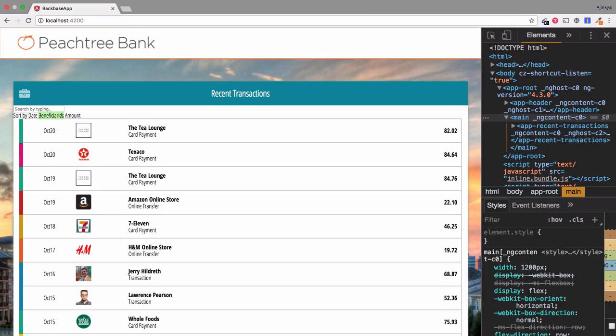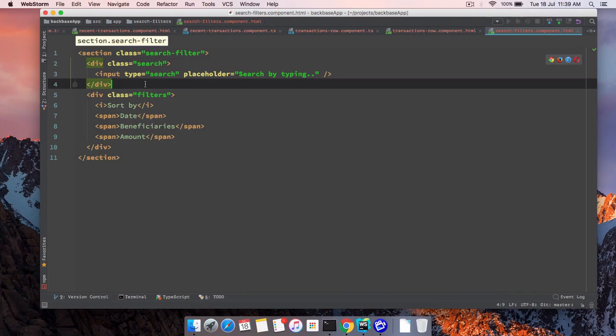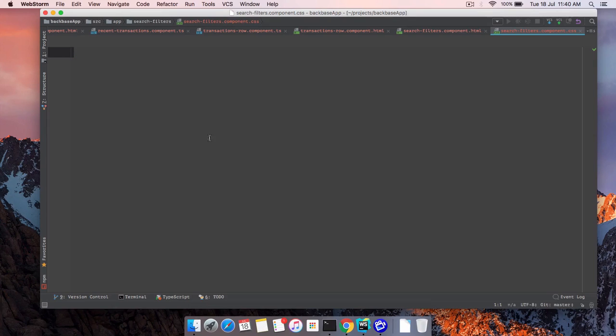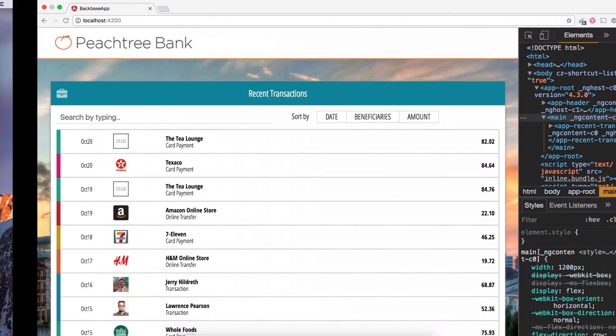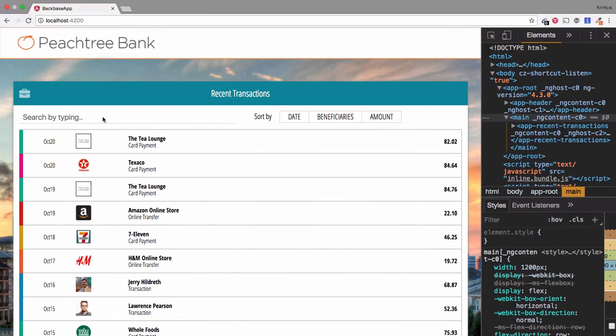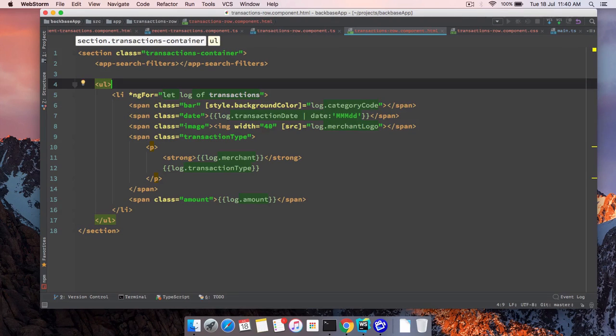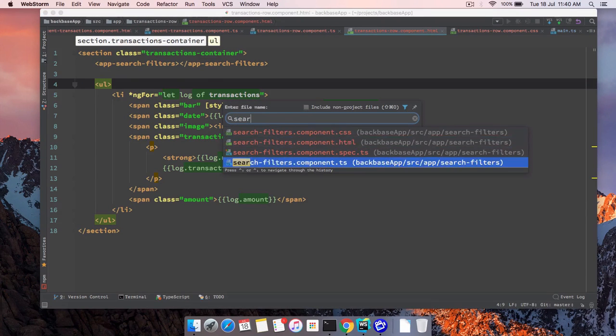All right, I'll also add the CSS for the search filter component. Let's see how it looks. Okay, it's already looking good. It's not modifying the data, which is over here. It's neither having anything over here. So I'm going to start with the search function first. So going back to the search filter component,